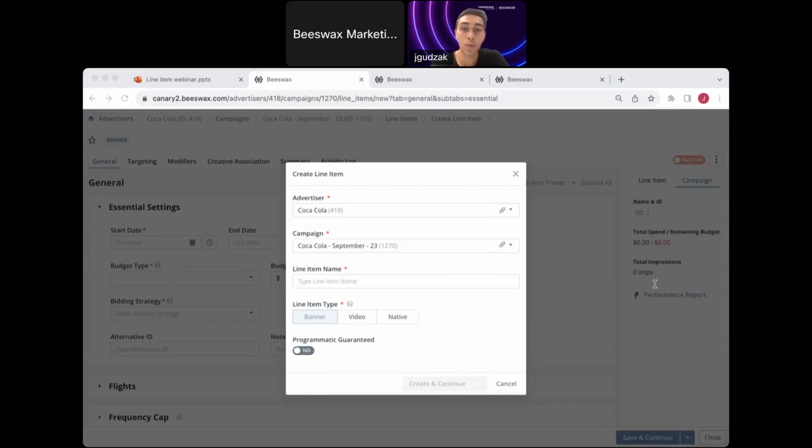If you remember in V1, you'd just be redirected to an overview tab. But with this modal, you can start entering your advertiser, you can associate your campaign, and then go ahead and type in your line item name. I'm going to go ahead and type in Coca-Cola 1, line 1,